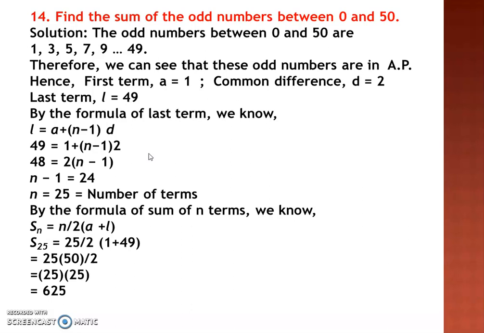You have to find n, that is using the nth term formula a plus n minus 1 d. Though it looks obvious, you will calculate by using this a plus n minus 1 d formula, n equal to 25. So there are 25 terms between 1 to 49. Then you will substitute in S25 formula. You are finding the sum of these terms. So 25 by 2 into a plus l. You can use that formula as you know the first term and last term. So then when you calculate, you will get S25 is equal to 625.